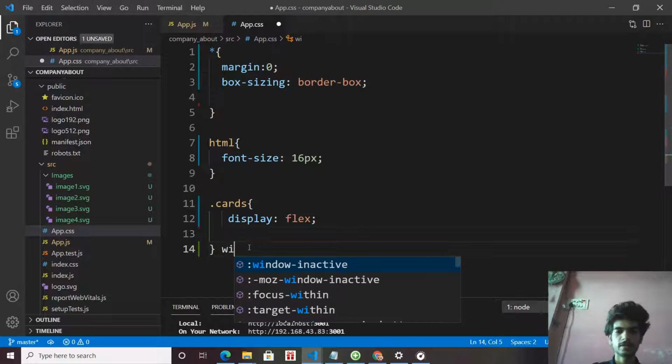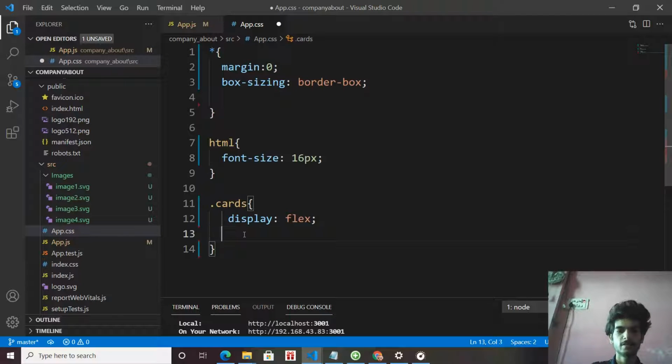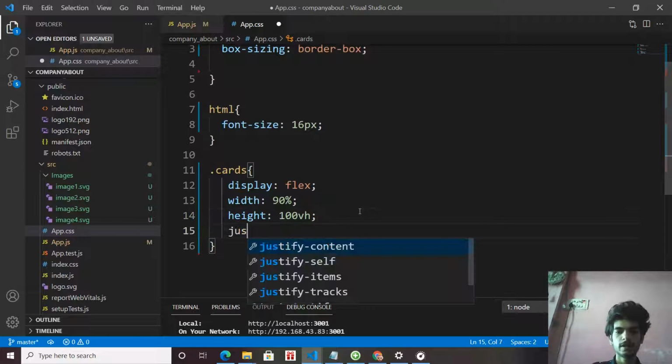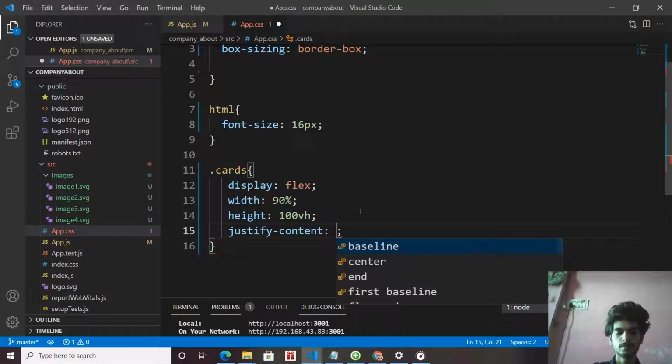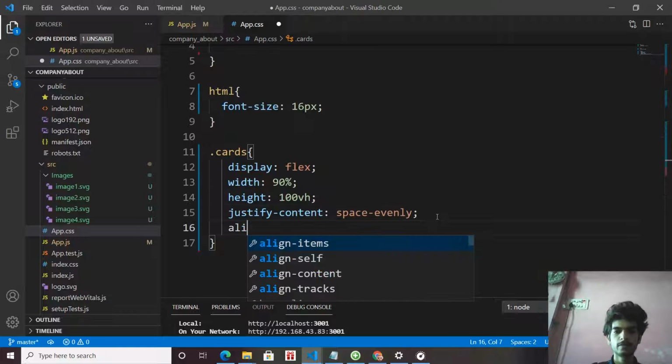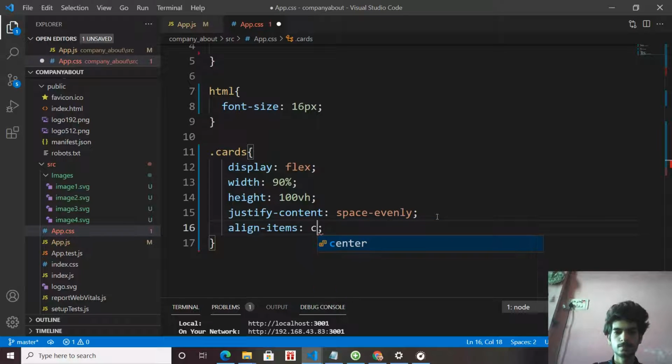It has a width of 90% and a height of 100 view height, taking the full height of the browser. Justify content space between, space evenly, align items center, and margin auto.